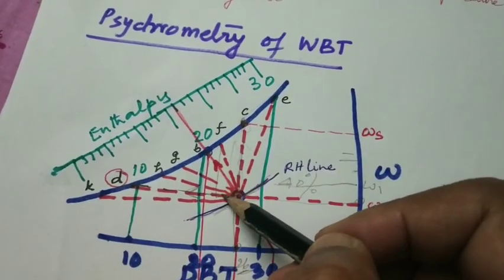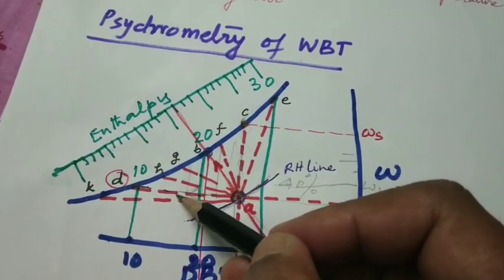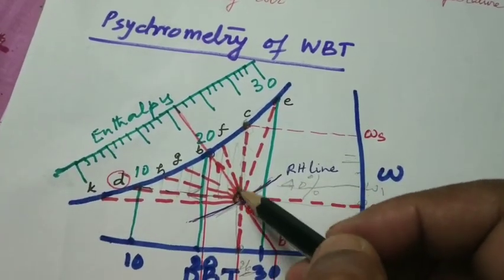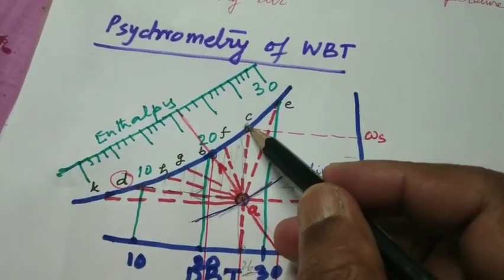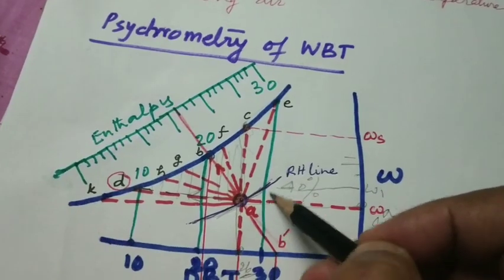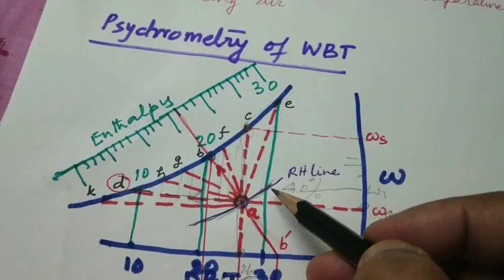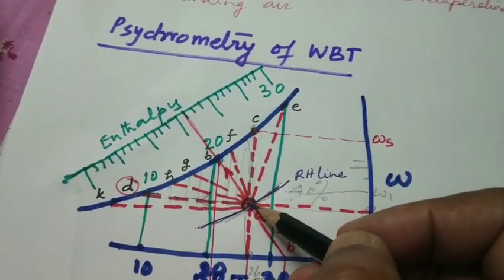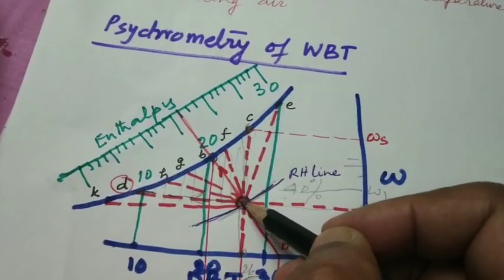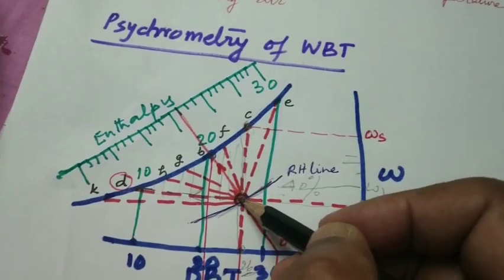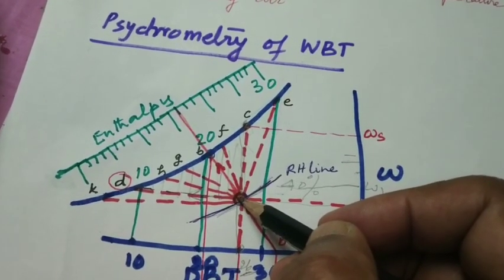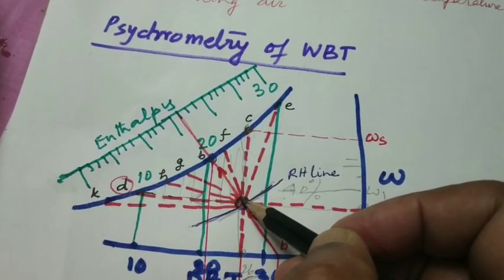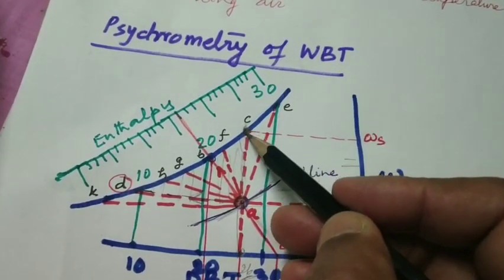The moment we go on decreasing the dry bulb temperature, the content of water vapor that it can handle will go on decreasing. You see, at this particular value, it can go up to here. But if you increase the temperature, it can still have more. If you increase the temperature of water, you can add more sugar. So if you decrease the water temperature, you cannot go on adding sugar. The temperature is related to the addition of anything in a substance. So here air can have a certain content of water vapor.